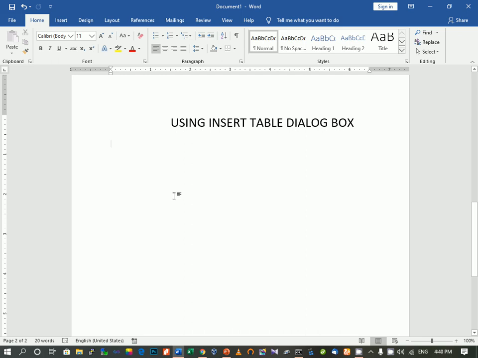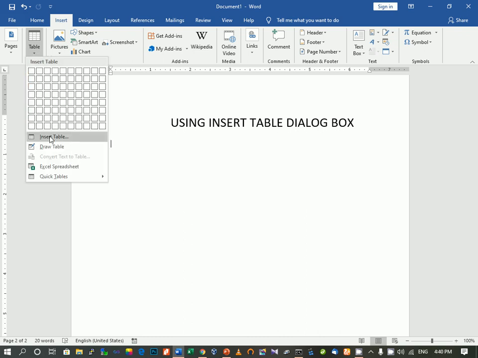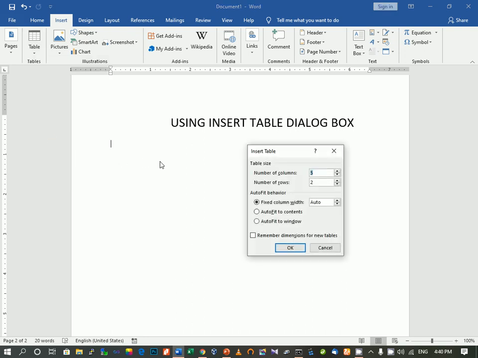Next method is using insert table dialog box. So this is the second method of creating table. So we will click on insert table. Here is the insert table option. You click on this. When we will click on this, you get a window over here. A window appears, and here you have to select the number of rows and columns which you want in your table.